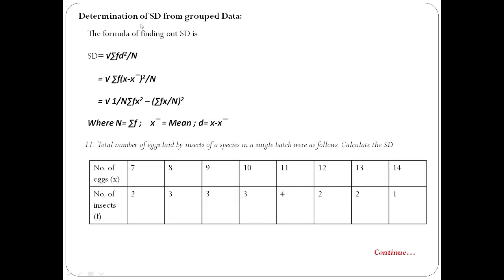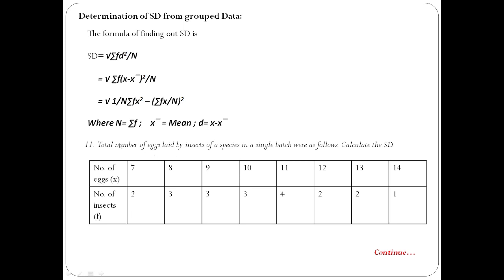Now determination of SD from grouped data. So we need to use this formula, that is SD is equal to root over of summation of FD square by n, that is root over of summation of f into x minus x bar whole square by n, because we know that D is equal to x minus x bar. Or if we split these things we can obtain root over of 1 by n into summation of fx square minus summation of fx by n whole square. What is n? Capital N is summation of f,